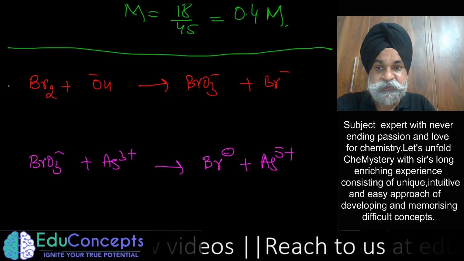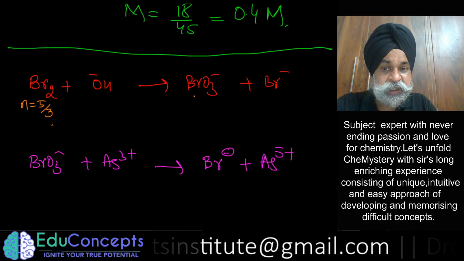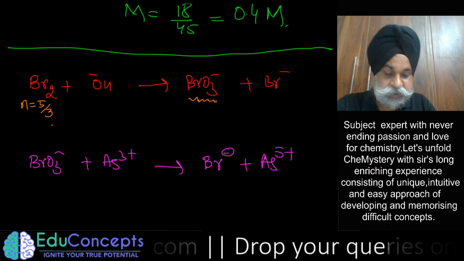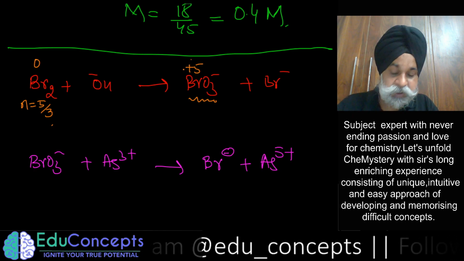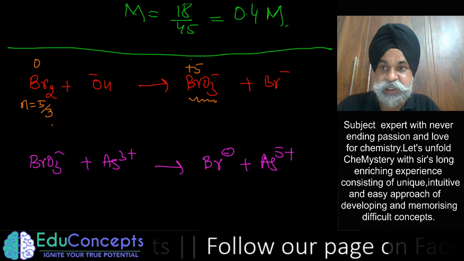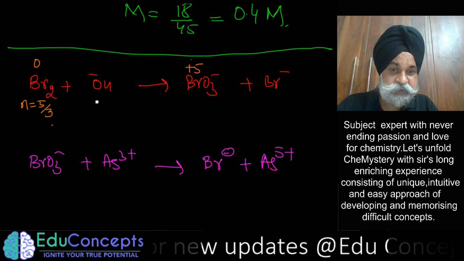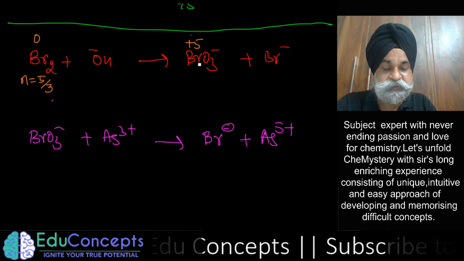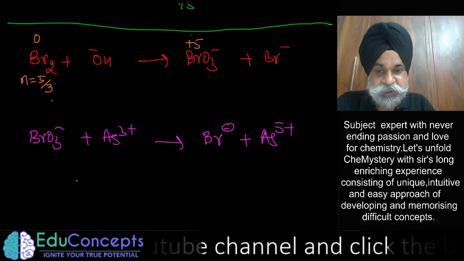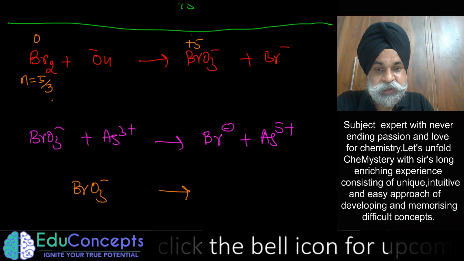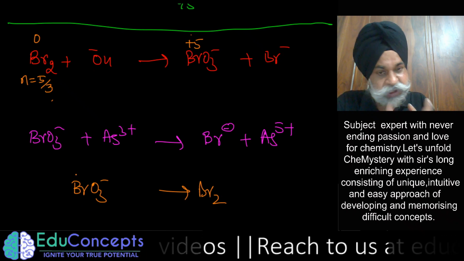Now here first we write the n factor. The n factor for this was 5 by 3, isn't it? And now you also have to find the n factor of this one. Many times students ask how to find the n factor of a product. If you want to find the n factor of a product, whatever substance is being formed, from whatever reactant, you have to write the reaction in reverse, so you write it as Br2. If you balance it out, or if you know the n factor, just see that video.